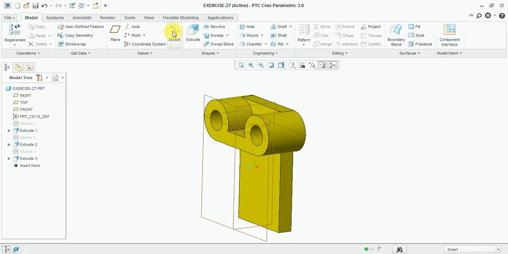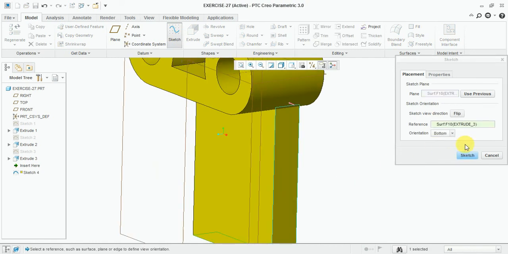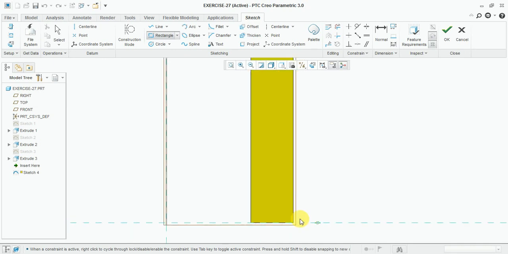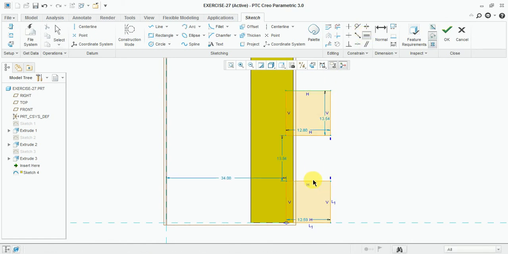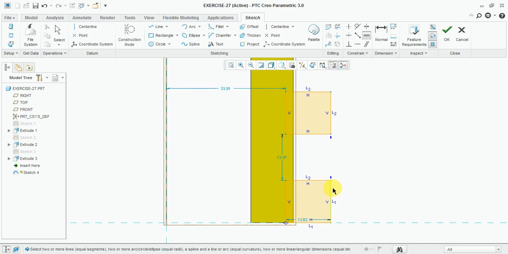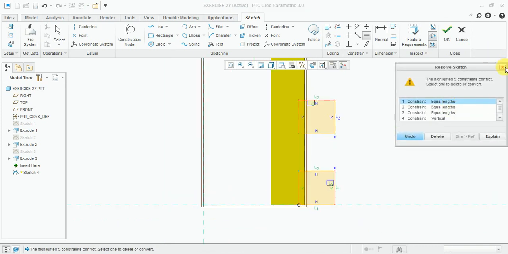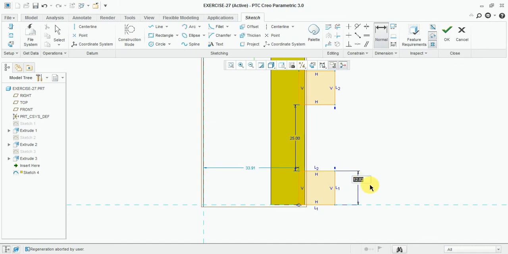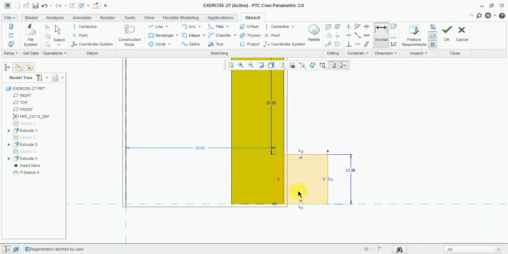Select sketch, select this face, select rectangle, draw here, another one draw here, both equal, this one both are equal, the gap is 25 mm. Height is 12 mm.